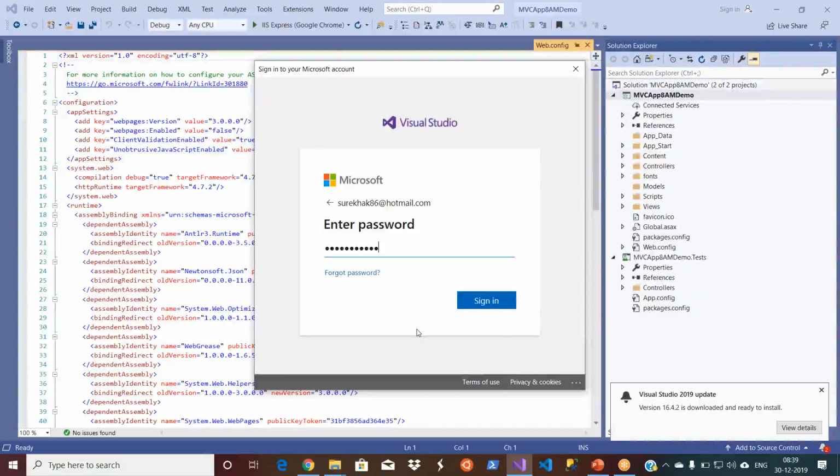Okay, before I click on sign in, I would like to show a few things. How do you identify if the project is in the version control or not? If you see this project, everything is just your folder system. There is no plus symbol or minus symbol next to your folder or file or any lock symbol. That means it is not in your version control system. If it is in the version control system, then you will see at least one symbol, plus or minus or a lock. That's how you can identify it. There is nothing here beside my folders or beside my files. Let's go ahead and sign in.